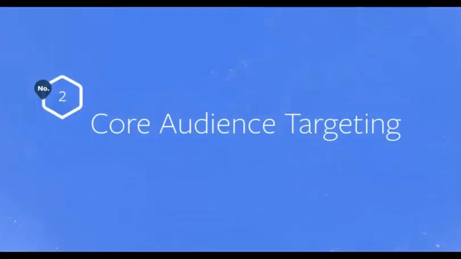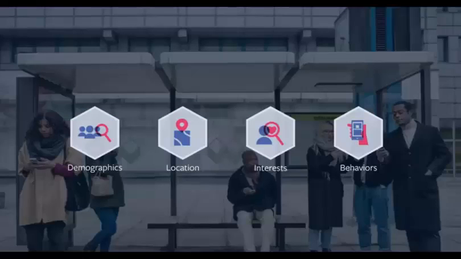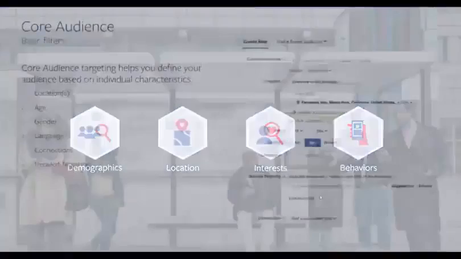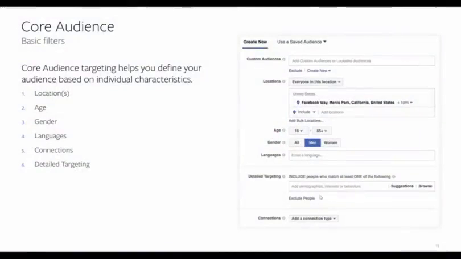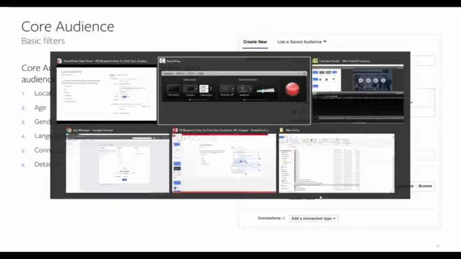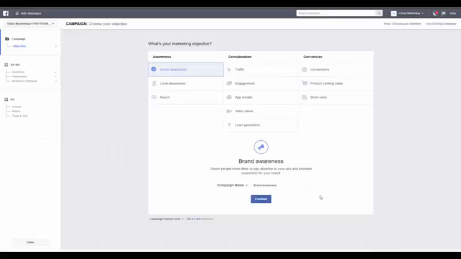The most basic audience filters can be found in core audience targeting. This targeting allows you to define demographics, location, interest, and behaviors that your audience share. You're probably all familiar with the screen grab to the right. Capabilities and features have changed over the years, but basically every Facebook ad you've created has used some form of these filters. Actually, before I go any further, let me jump out into the actual Facebook UI here.